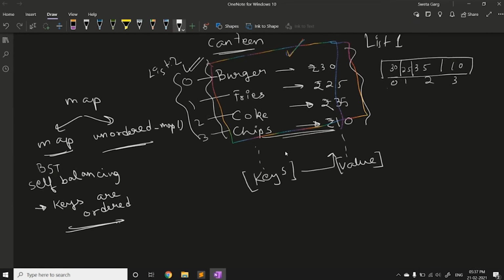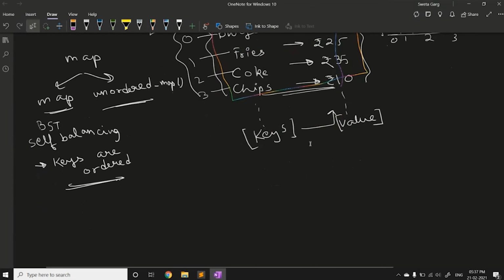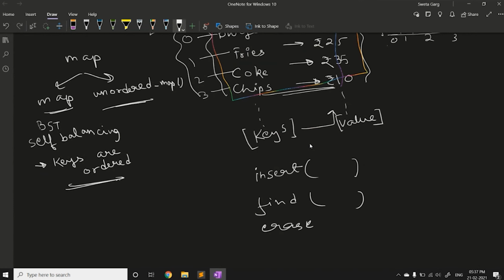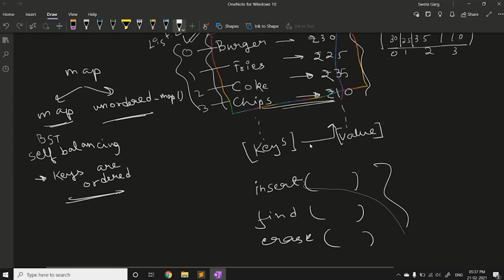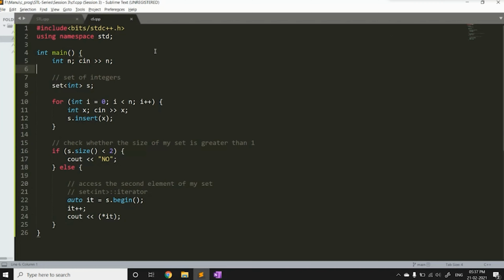Just like the set data structure, this too has some functions like the insert function, the find function, and the erase function. Apart from this, there are functions too, but those are not used that widely. So let us go on to the implementation part.